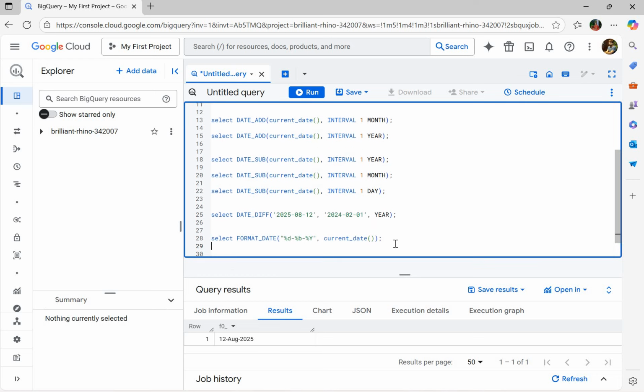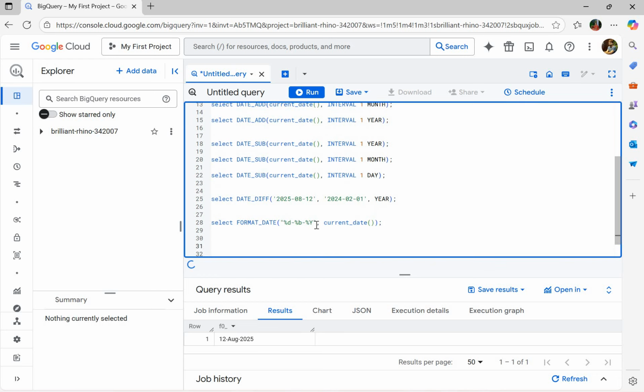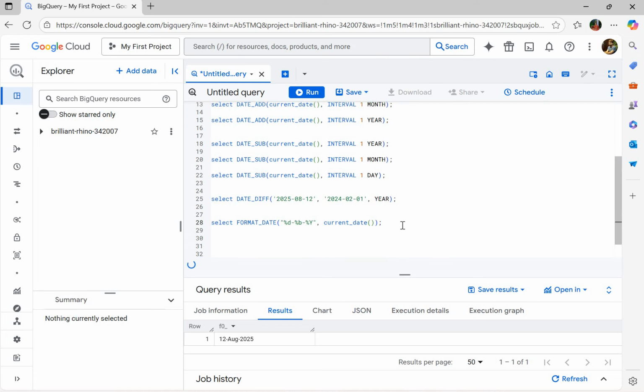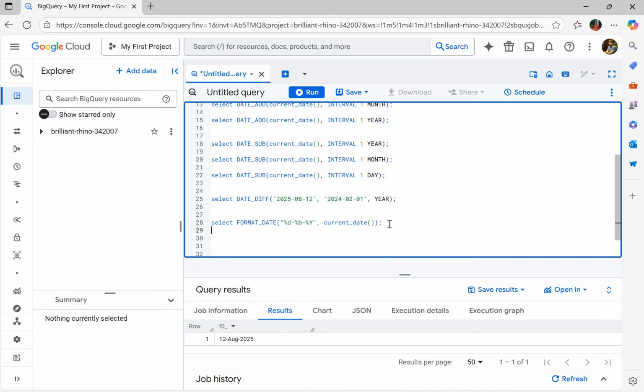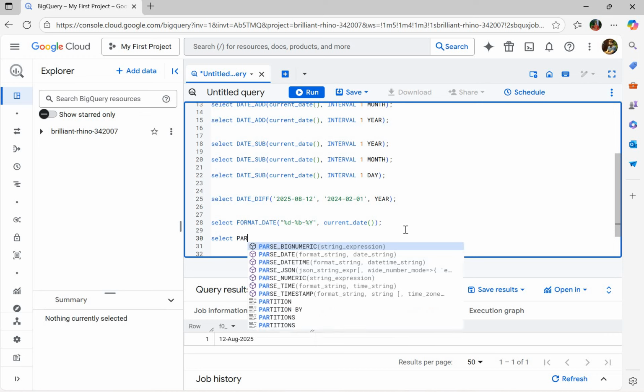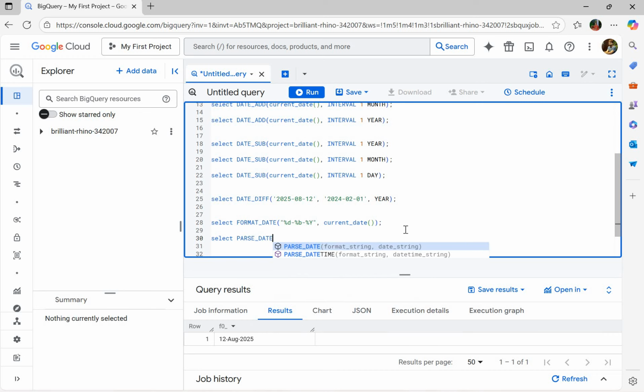Based on our need, right, we can just update the date format expressions here and get the desired result. Now one thing to note, FORMAT_DATE will accept the first argument as a format expression and the second argument as a date data type only. What happens when we have the second argument as a string, right? For that we have something called PARSE_DATE. This is dealing with